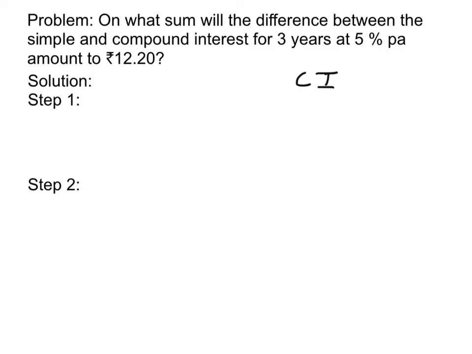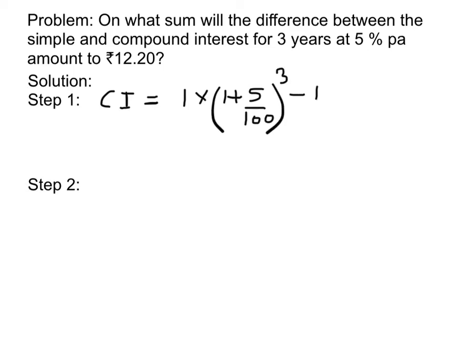Compound interest equals A minus principal. Principal is 1. A is 1 into (1 plus 5 by 100) whole to the power 3, because it's for 3 years. So how do we write? Compound interest CI equals 1 into (1 plus 5 by 100) whole to the power 3 minus 1. So when we solve this, we get